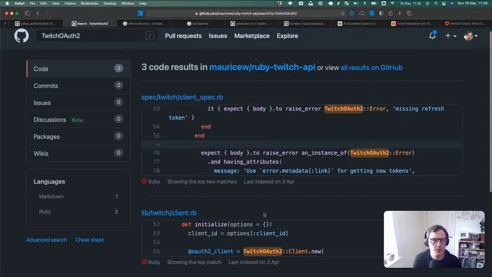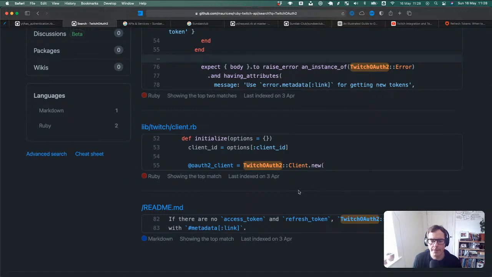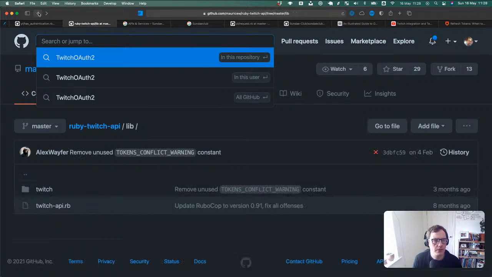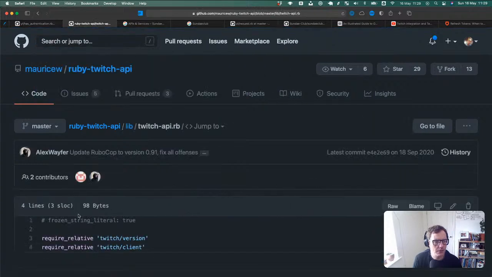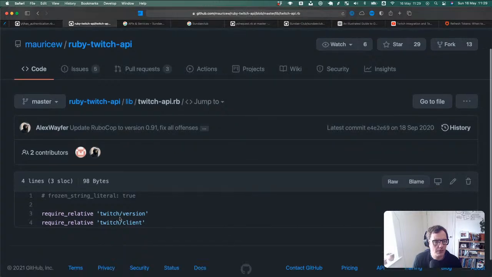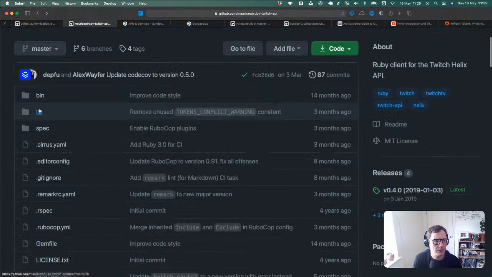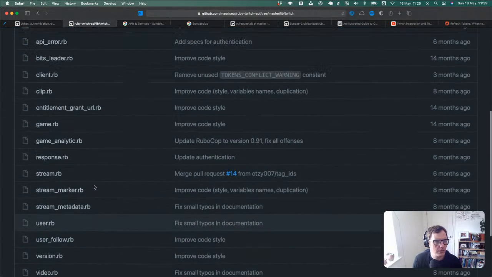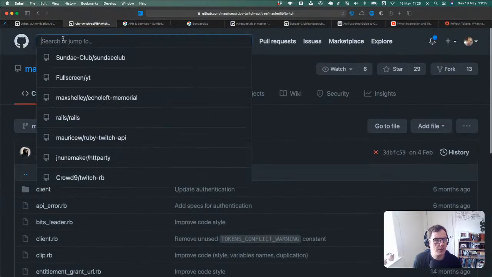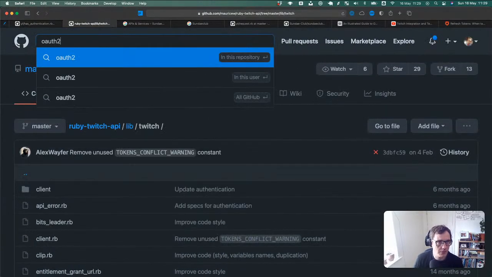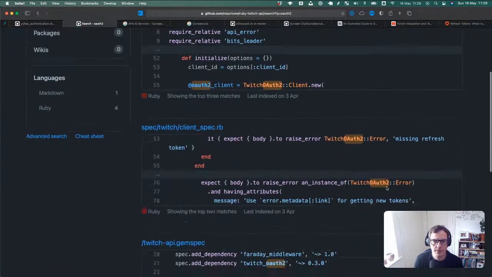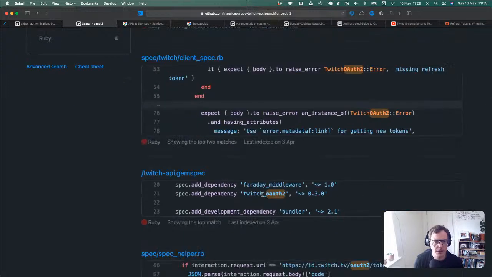So where does Twitch OAuth 2 come from? Can I just do OAuth 2? Ah, here we go. So yeah, it is.